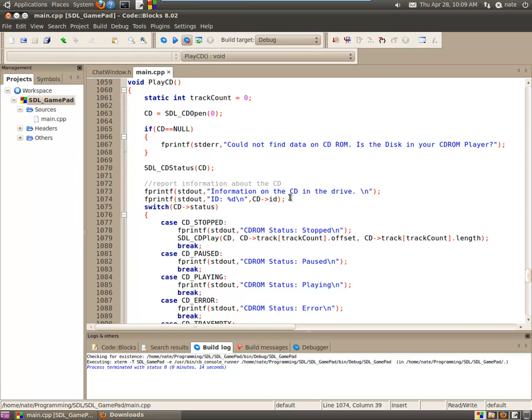And this right here for our SDL status for our CD lets us find out the status for our CD in this way. Okay, and that's going to set the status value inside of the CD here. So that's why we can access it later on down here. That allows us to have the data put into this variable where we can now access it